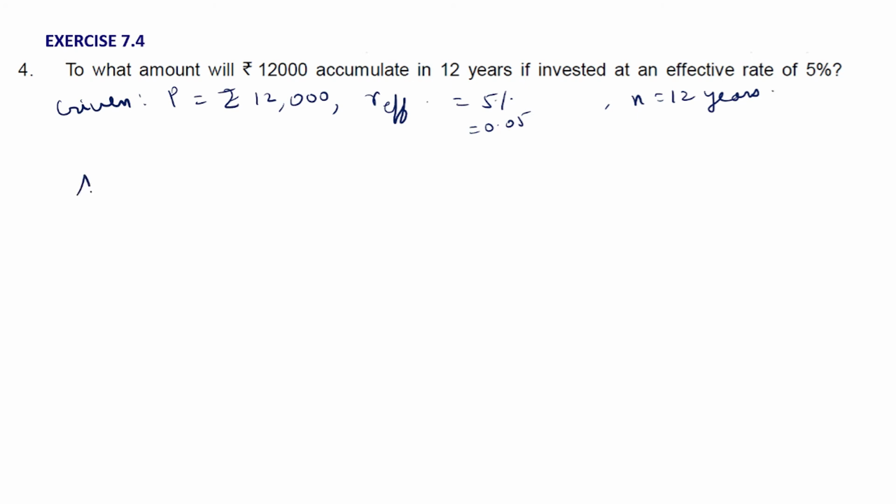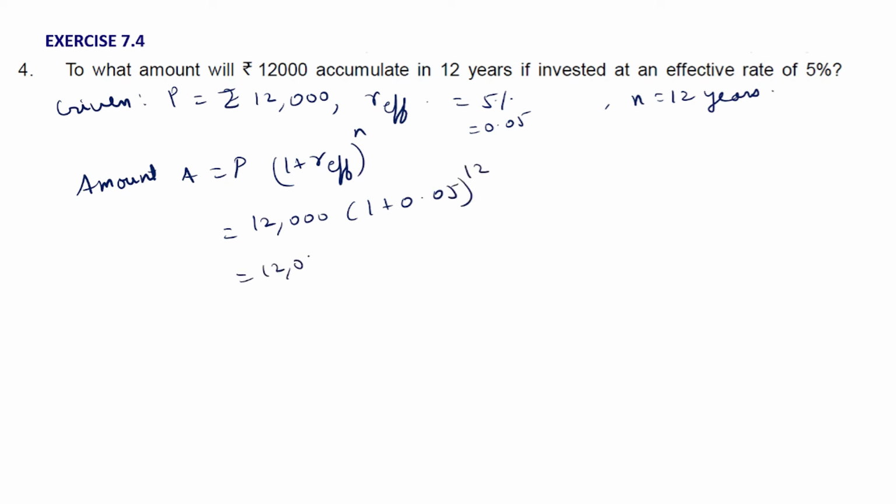Therefore, amount A is given by P into 1 plus R effective the whole raised to n. So it is equal to 12,000 into 1 plus 0.05 the whole raised to 12. So it is 12,000 into 1.05 the whole raised to 12, or it is 1.05 the whole raised to 12 comes out to be